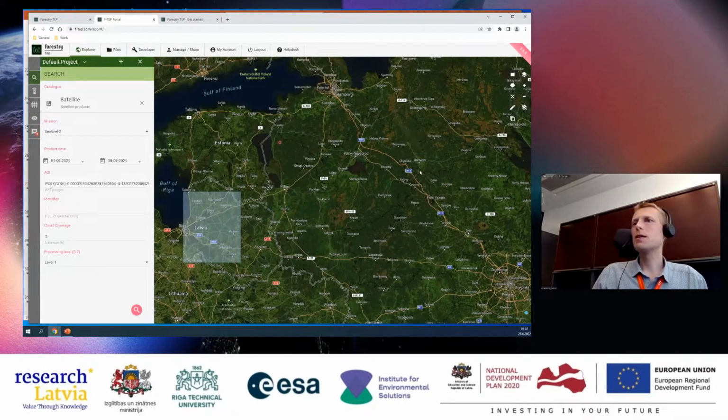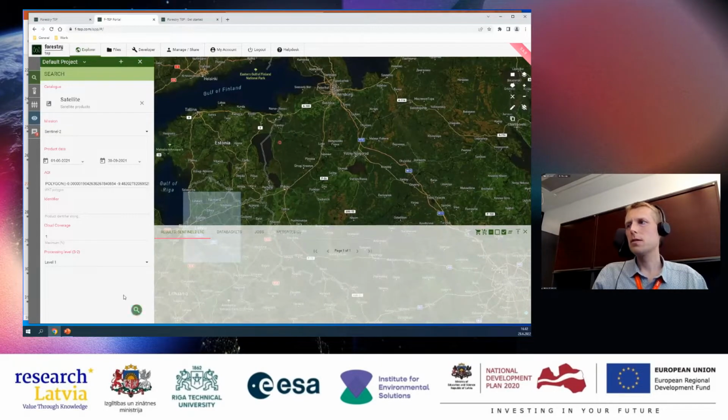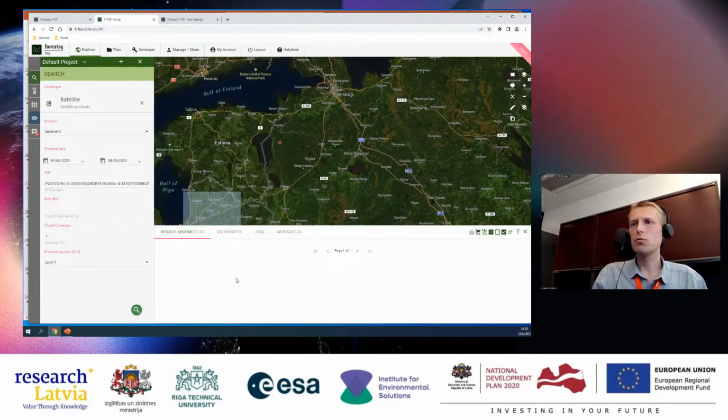So that's why, now that you have created the polygon, you could click this copy to clipboard button here, and then you could Control V paste it in the AOI box. Then you can specify the cloud cover. Let's try to get very cloud-free images. And the level is correct. So then we just hit this pink button here and see what comes out.